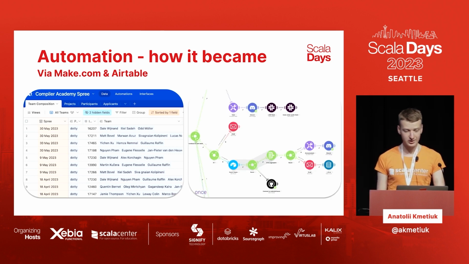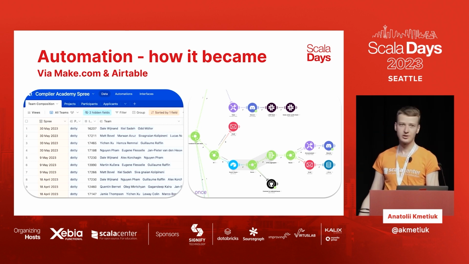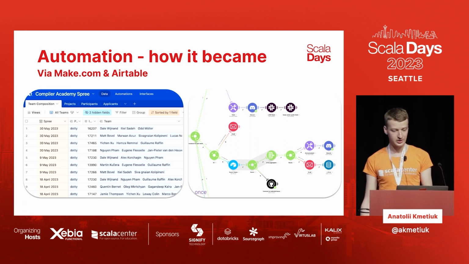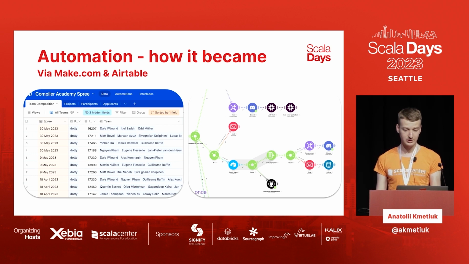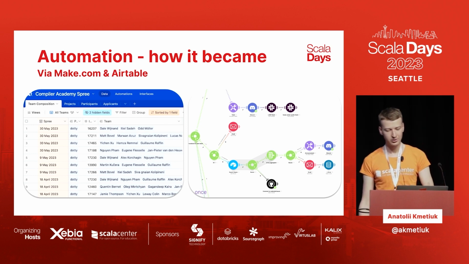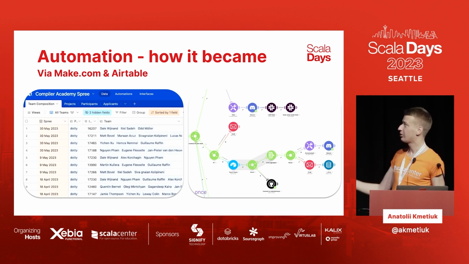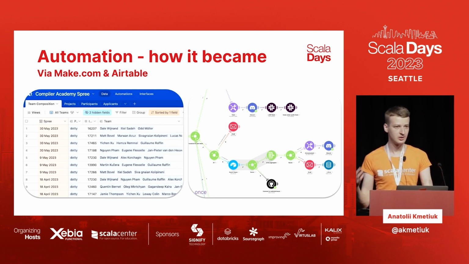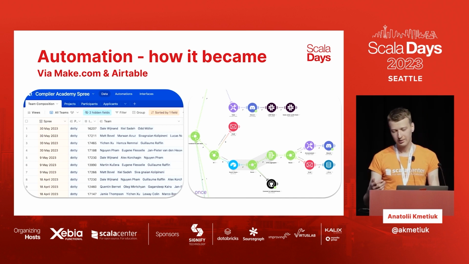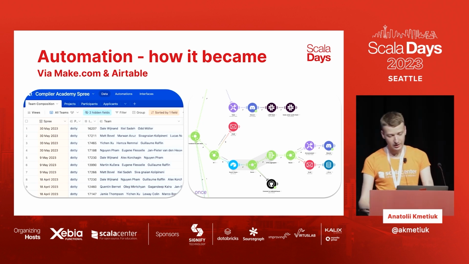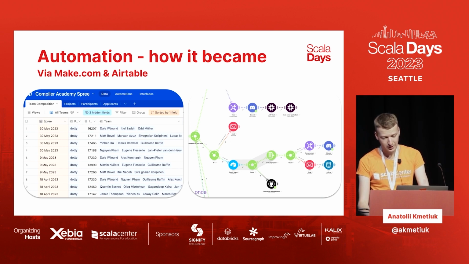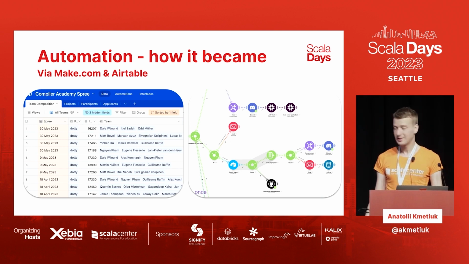And the other solution was make.com, which is a visual programming language. So the second screenshot that you see here is a program. It is a workflow, and every node of this workflow is a task, an action that will get executed. So for example, if you see here the Discord logo, this means send a message over Discord. Slack means send a message over Slack. If you see GitHub, it means either send a message over GitHub or contact the GitHub API to figure something out. You see that it also integrates with Airtable.